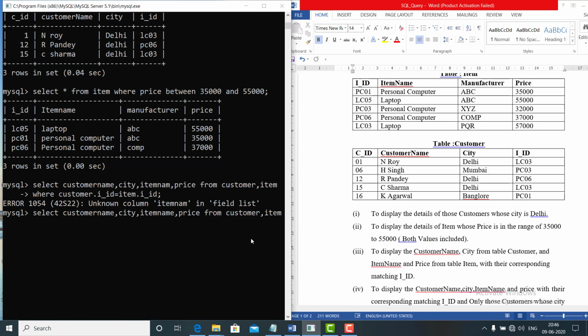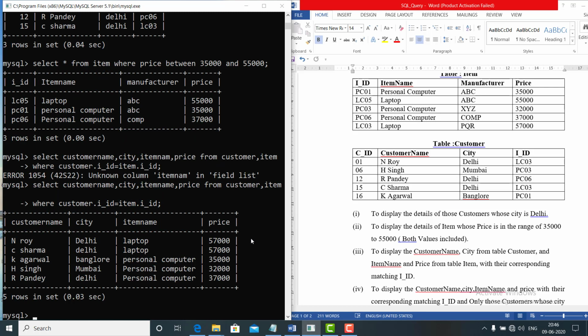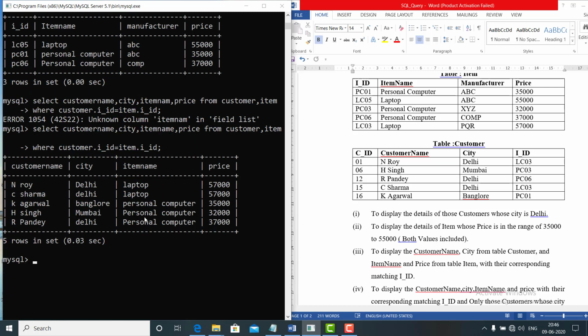We'll continue our command and close it. Now we will enter it. Look here, we are now able to access records from both tables.